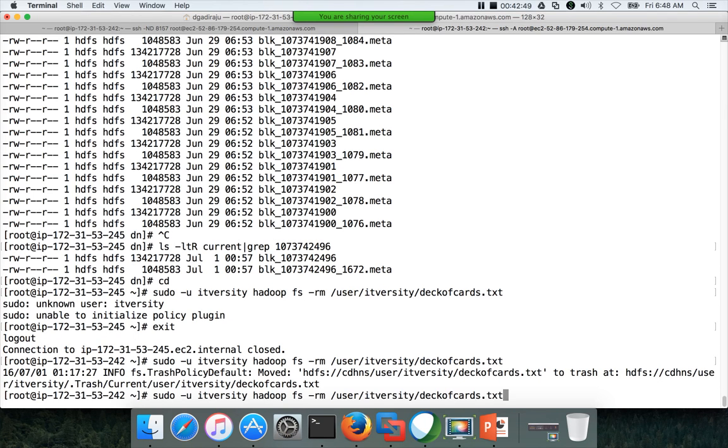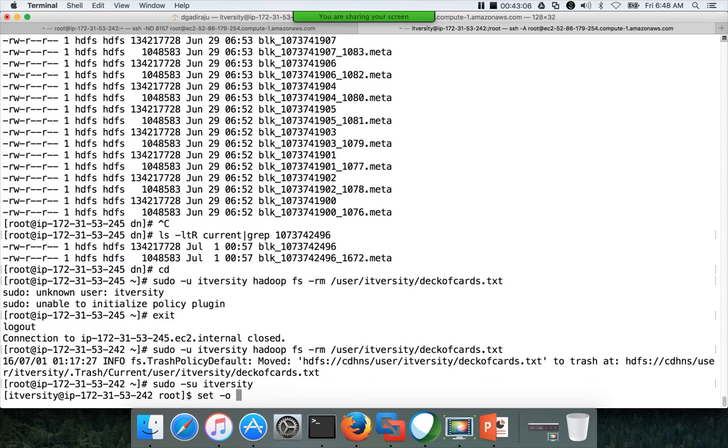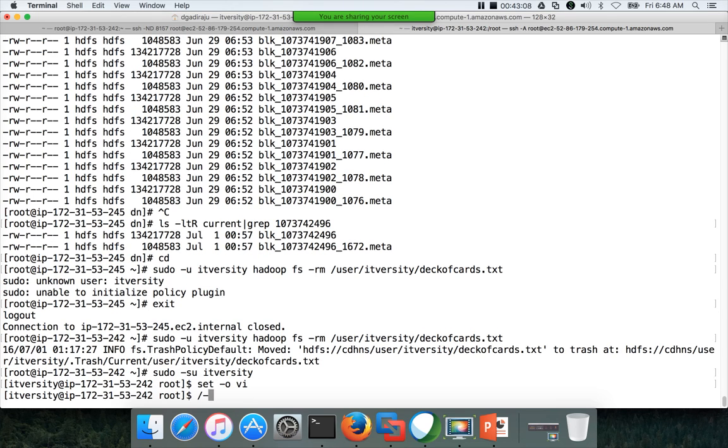And now I want to load the file again with a different replication factor. sudo -su itversity, hadoop fs -put is the command which we want to run to copy the file, but I want to use a different replication factor.